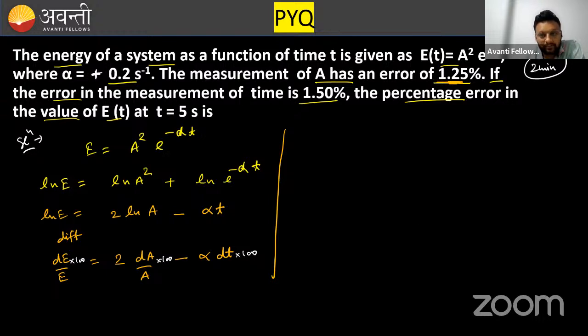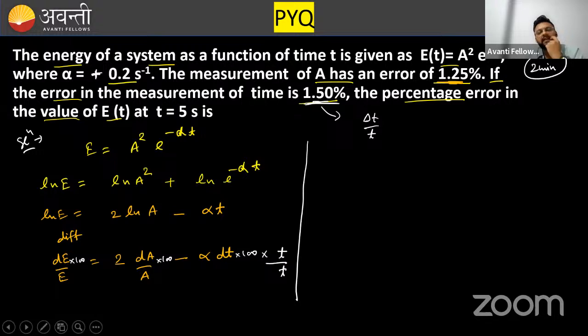Error in the measurement of time is 1.5%. Error in the measurement of time, can I conclude it is going to be delta T by T? For that, I am multiplying with time and dividing with time. मैंने टाइम से मल्टीप्लाई और डिवाइड कर दिया। Now one thing is this